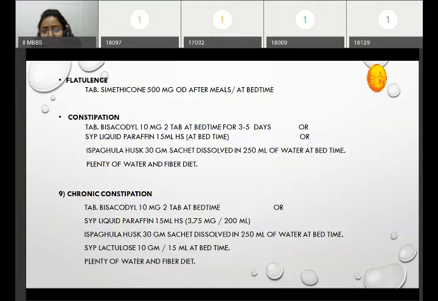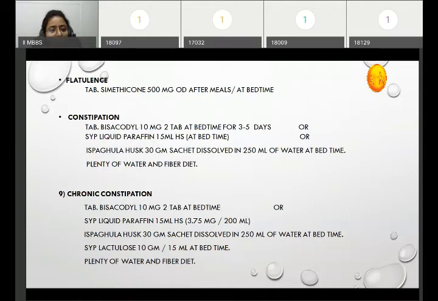Okay, they just form semi-formed stools. They cause release of semi-formed stools. They don't wait for the stools to get properly formed. The semi-formed stools are also evacuated by these drugs. So when you are giving bisacodyl, motions can occur within 6 to 8 hours. But for a formed stool, it takes more duration, that is 18 to 20 hours. But within 6 to 8 hours, these stimulant purgatives will give out semi-formed stools.